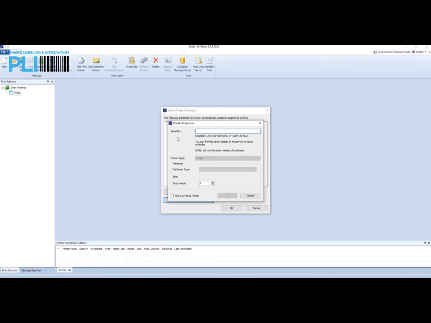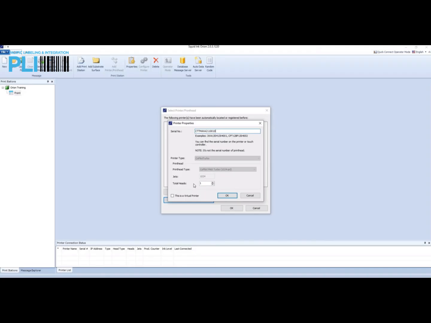For today's example, we are using a Copilot Max Turbo controller. So our serial number is going to be, and I'll type it in, CTT MAXA 211010. You'll know that you have a valid serial number up here when these options become illuminated. Based on the serial number that I typed in, you can see that Orion already knows that it is a Copilot Turbo, and it knows that the printhead type is a Copilot Max Turbo